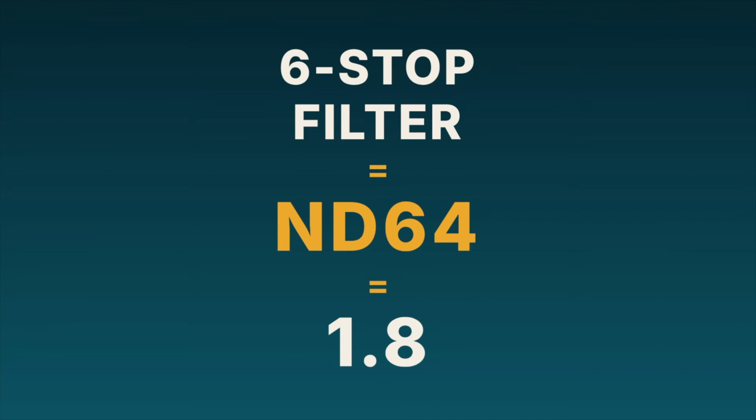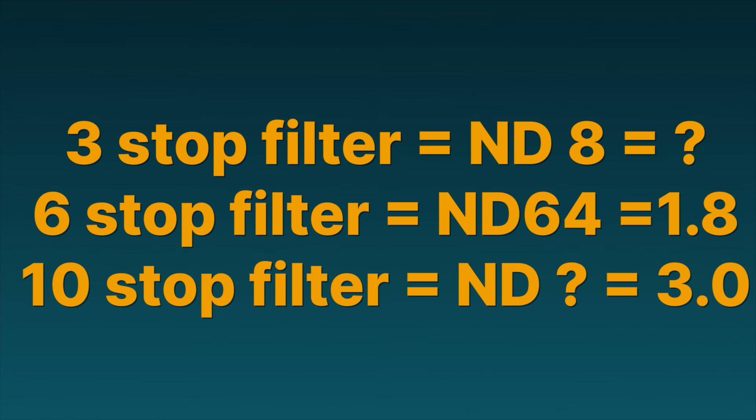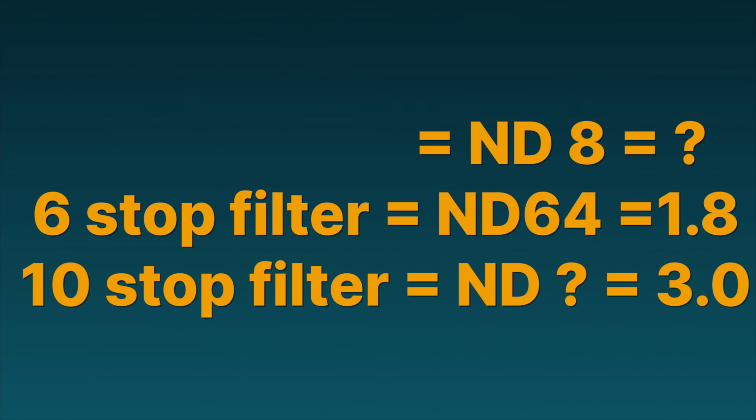Now, ND filters use multiple naming systems. A 6-stop filter is also called an ND64 or a 1.8, depending on the brand. It's genuinely confusing. I put together a free cheat sheet PDF that maps every common ND filter across these 3